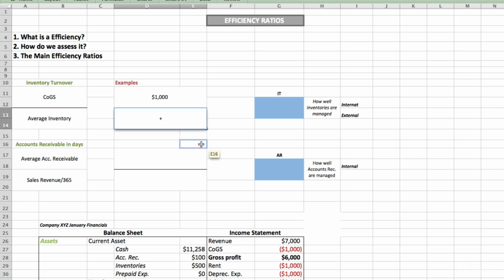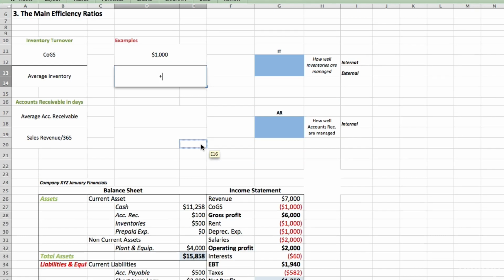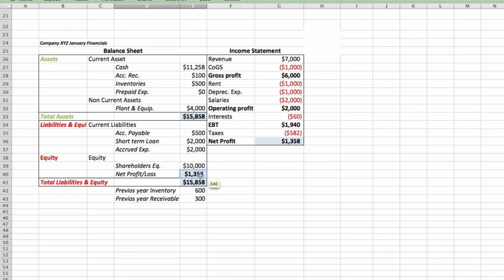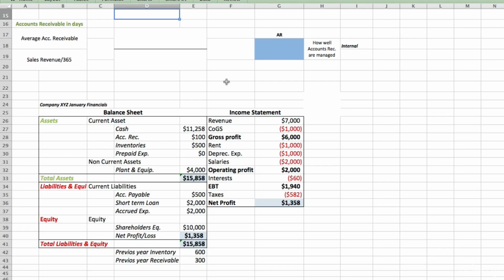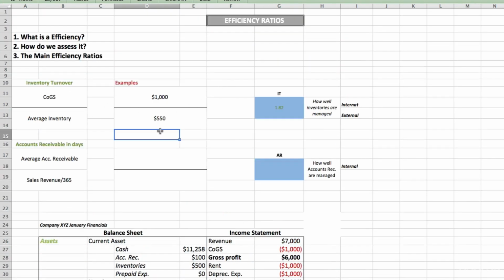And then we can do the same, we can get our average inventory. Our average inventory is given by the inventory at the beginning of the period, and by that we mean the inventory in the previous year, plus the inventory in the current year, divided by 2. And that's how we actually get our average inventory. And as you can see here, we have 1.82. It means that we're actually able to convert our inventories into cash 1.82 times in the year, and that's a good result, as you can imagine,